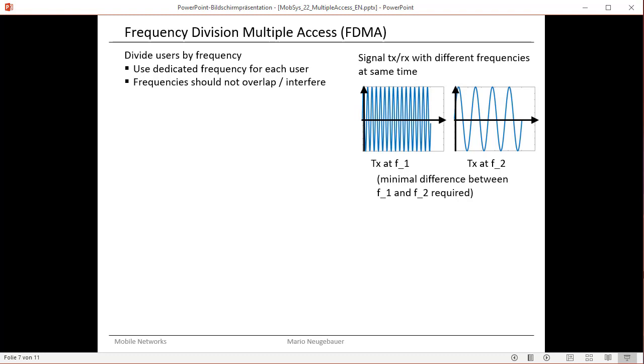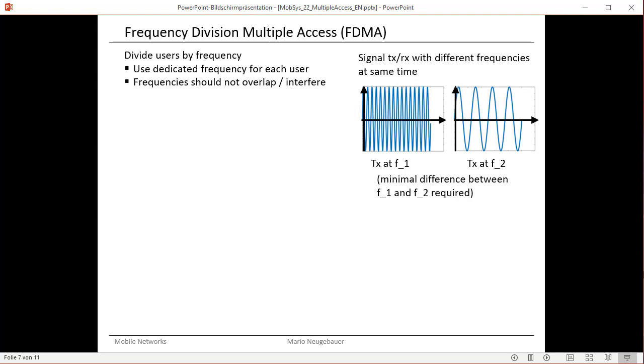And that's all you need to do for frequency division multiple access. You need to choose different frequencies for different communications going on. The frequencies should not overlap, they should not interfere with each other, therefore the frequencies have to have a large enough